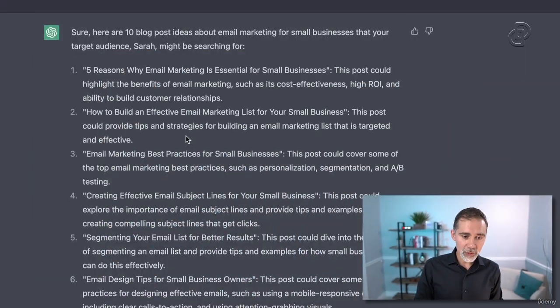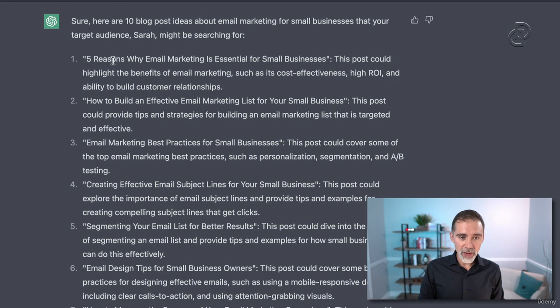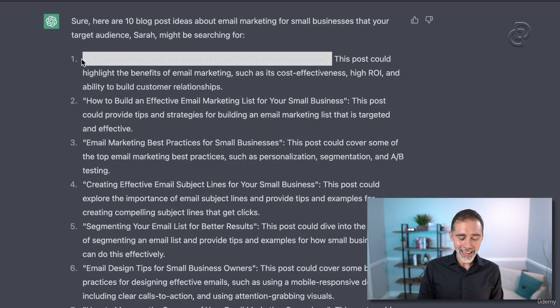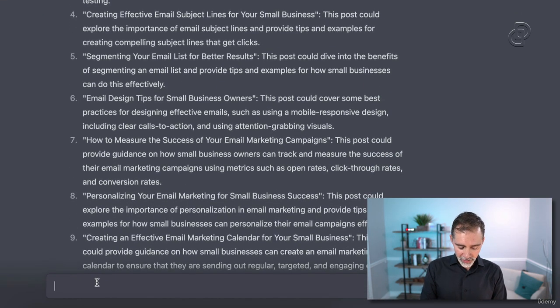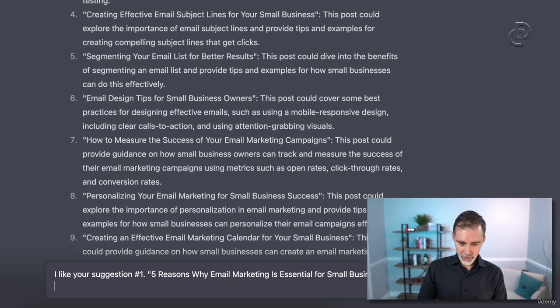So here we are. Let's say that we like this one here, 5 reasons why email marketing is essential for small businesses. Let's say that we like this idea. So we come here and say, I like your suggestion number 1, which is this one. Please write a complete blog post about this, optimized